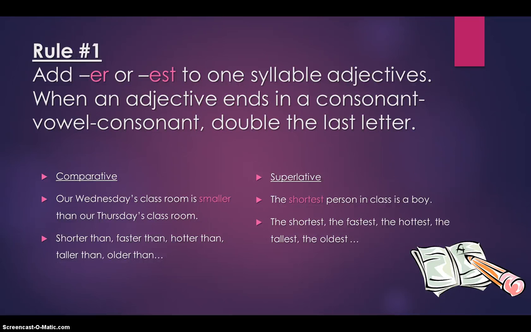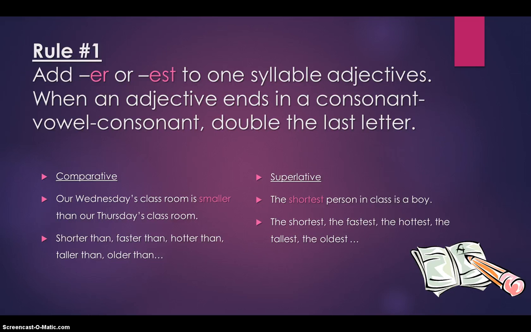For rule number 1, we need to add er or est to one syllable adjectives. When an adjective ends in a consonant, vowel, consonant, double the last letter. For examples, we have the comparative forms. Our Wednesday's classroom is smaller than our Thursday's classroom, and the superlative form,